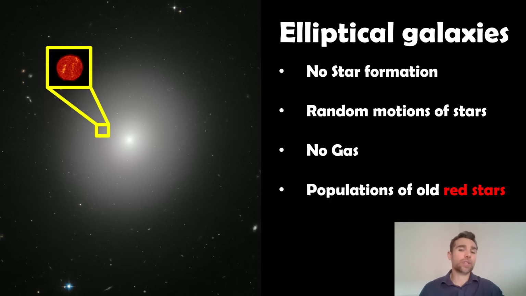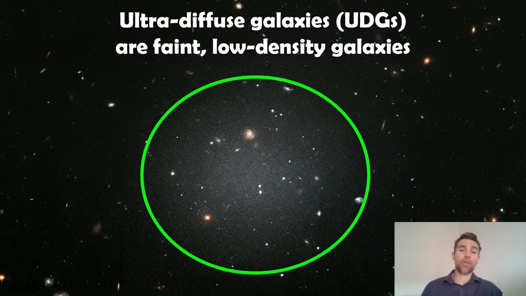The movement of the stars themselves is more random. So they have high velocity dispersion compared to their rotational dynamics. So they're more random-like and not a disk-like dynamics. And because there's no real gas or star formation occurring, or it's quite weak at least, it means the population of stars are quite red. They're old. As stars age, you're left with the older, redder stars. So the galaxies as a whole appear redder than your spiral galaxies because they're generally going to have an older population of stars there. Now, that's your two main types, I suppose, disk-like spiral galaxies and elliptical galaxies.